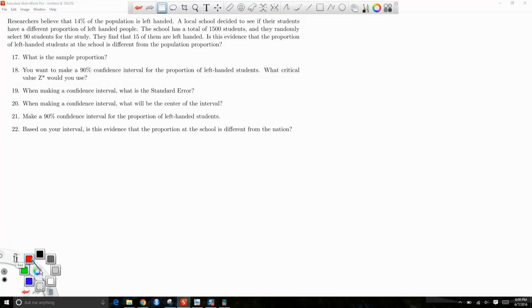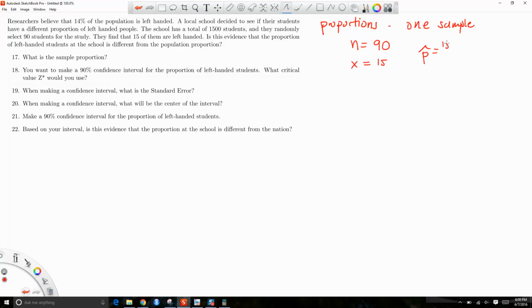Okay, so first of all, are we dealing with means or proportions? Proportions, and do we have one sample or two? We only have one sample, because as we read the problem, we see that there's only one n, and what is that n? n is 90. We got 90 students in our sample. 1,500 is our population, but that's not our sample. So n is 90, x is 15, and then our p hat is 15 out of 90,